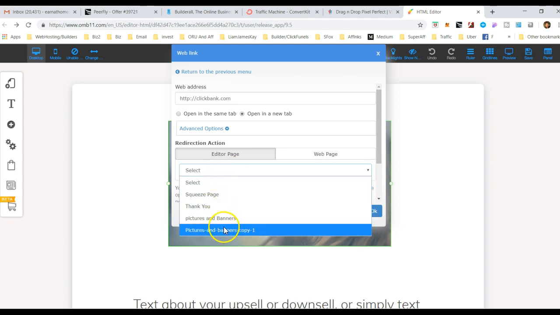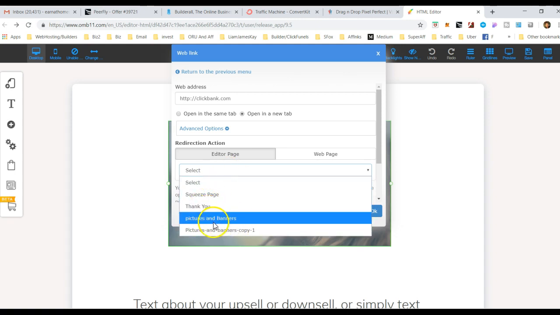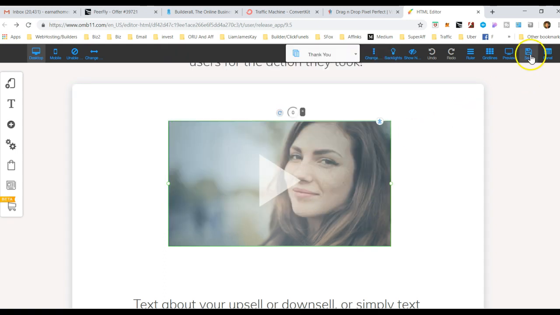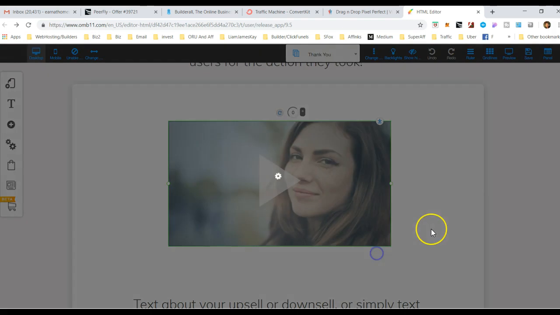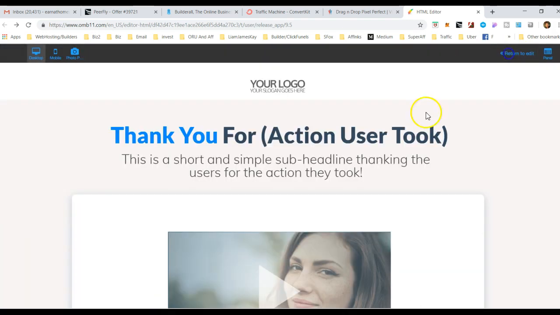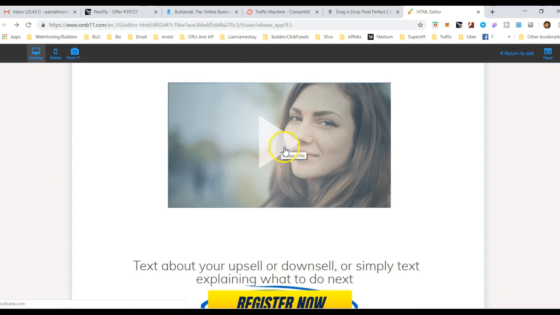If I still want them to see the video, then I would just take them to another page where that image is duplicated. Say OK, and I save this. Preview. And then when I click this image, you'll see the offer opens up with a new tab,